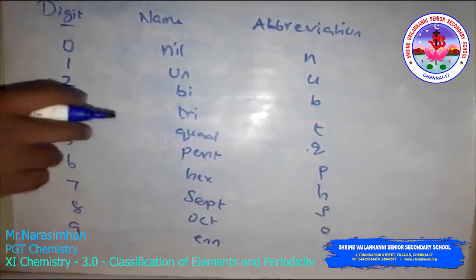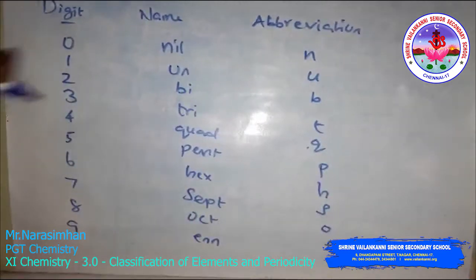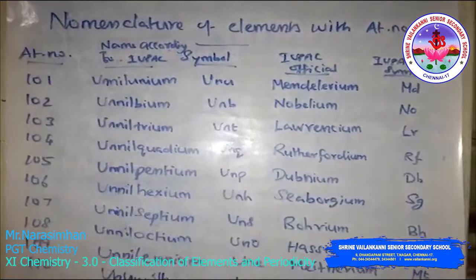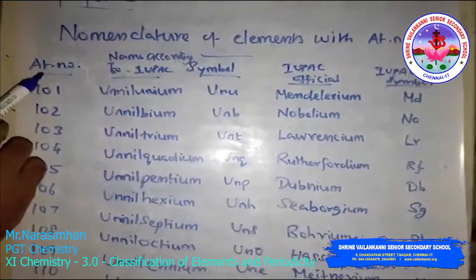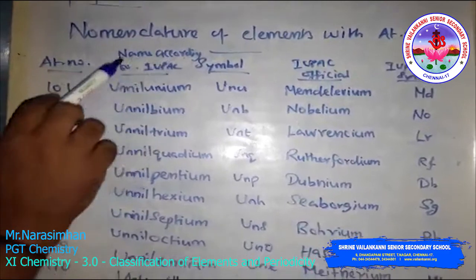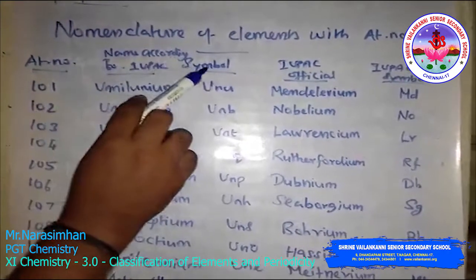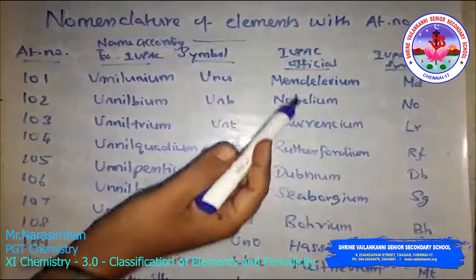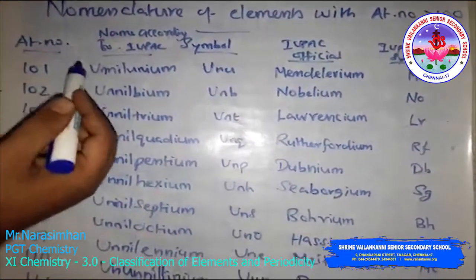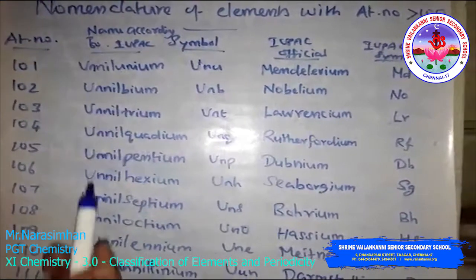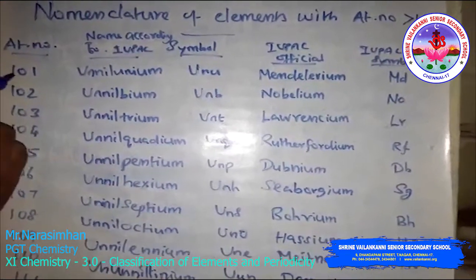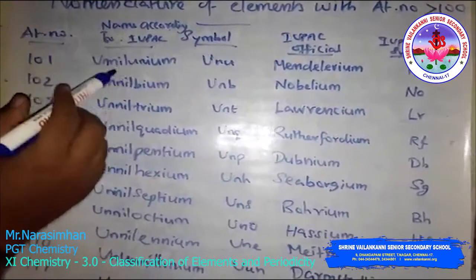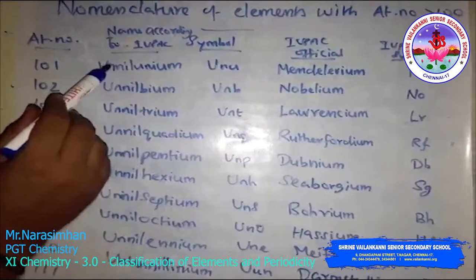Then the nomenclature of the elements with the atomic number above 100. Here we have the atomic number, the name according to the IUPAC nomenclature, symbol, IUPAC official name, and IUPAC symbol. So we will see all the 101 to 118 elements list wise here. The atomic number 101, according to the IUPAC nomenclature, the name is unnilunium,